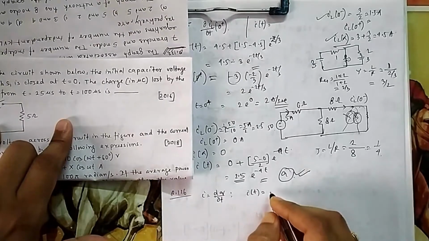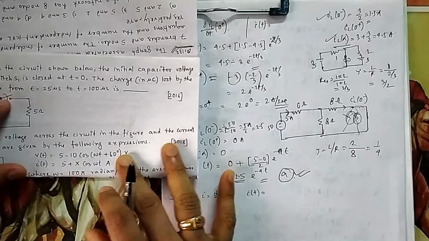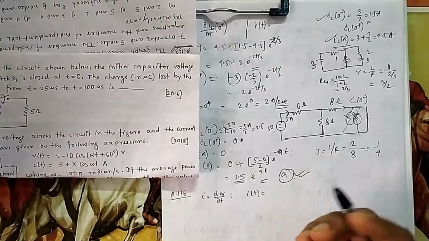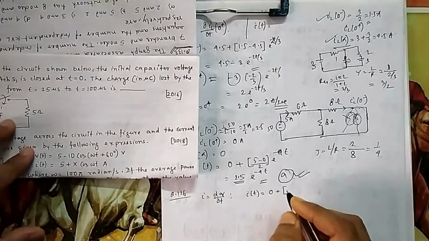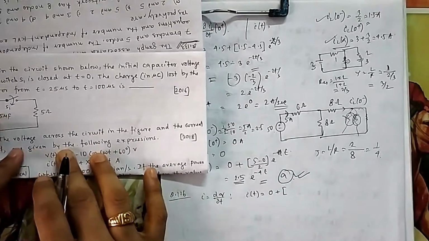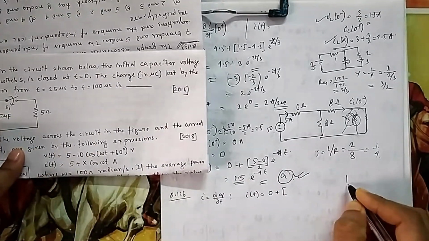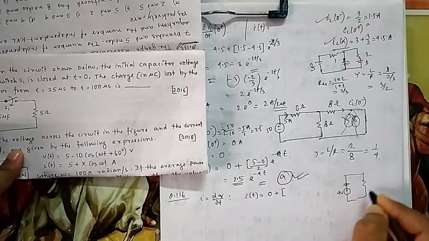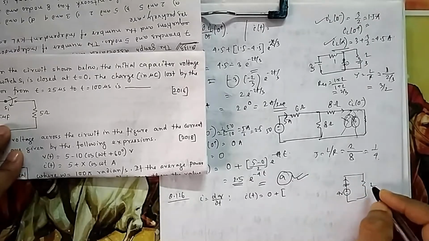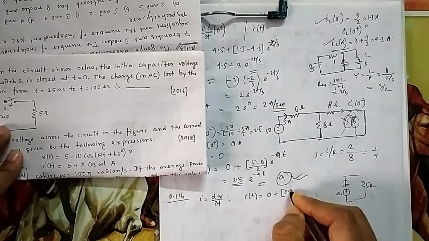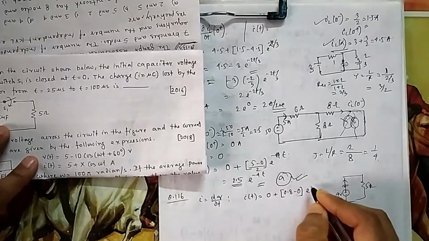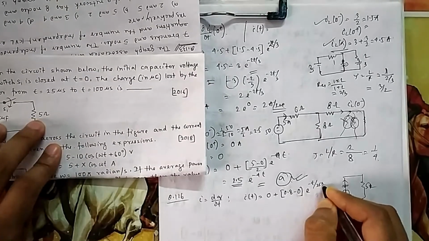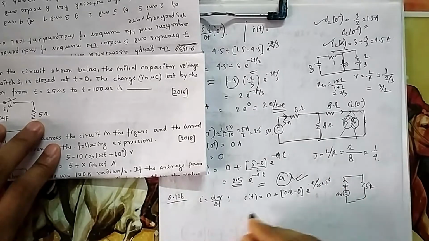So for that i(t), we will use that mantra. What is i(t)? i(infinity) plus. What will be the infinity? Infinity means if you keep it on for infinite time, what will be the current? Then current will be 0. Ultimately it will discharge its full charge, then it will come to 0. So the final value is 0 plus the initial value. Now what will be the initial value? In case of the initial value, if you draw this circuit, the capacitor is shorted, and that initial condition, if I separate it, is 4 volt, then there is a resistance only. So what is the current flowing? It is 5 ohm, so it will be 4 by 5, that is 0.8, minus finally 0, e to the power minus t by RC. R and C: 5 fives are 25, into 10 to the power minus 6.